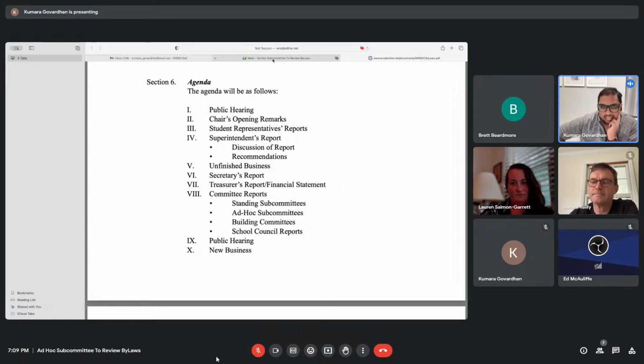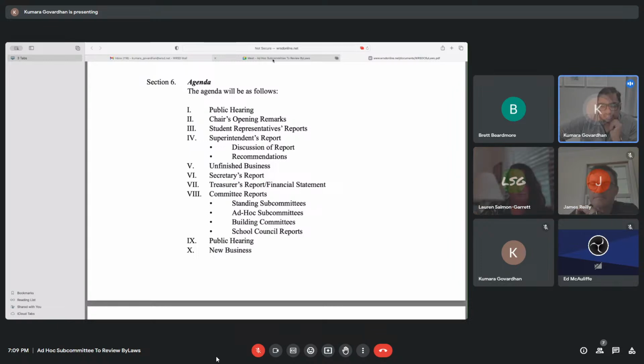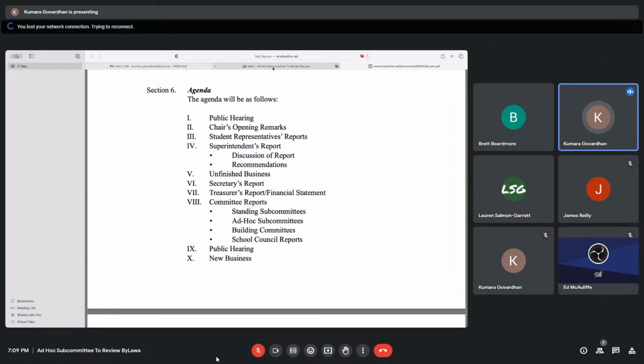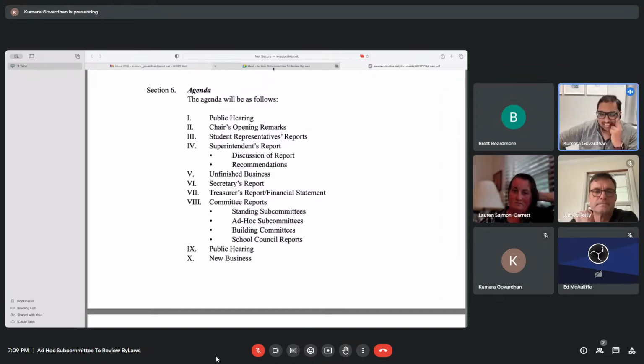I mean, part of what I am kind of wondering too is if you're a chair designing your agenda, which order would you put all these things in? I could feel like they are just lumped in the same thing. Like, I don't know if we really need the building committees. Our approach is going to be that the standing facility committee takes on the work. Do you see a need for it?